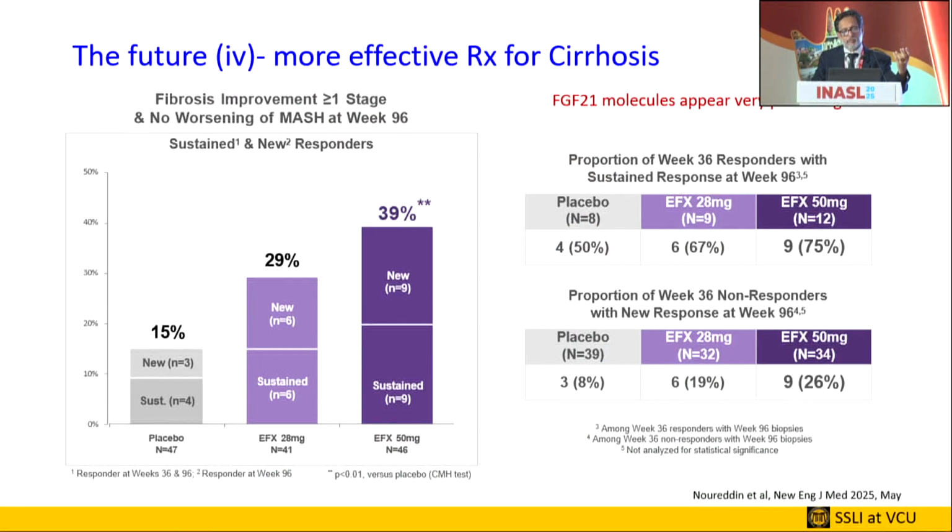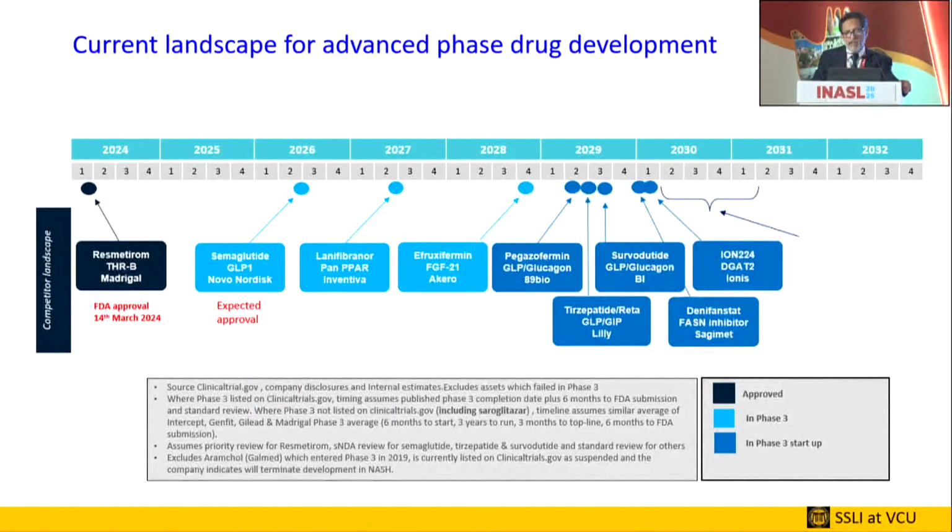We're on the verge of a breakthrough. These are the most recent data with efruxifermin, FGF21, and we'll talk about it a little bit more in this session later today, but you're seeing 39% fibrosis regression in the cirrhotic population. So that is pretty dang good for a drug in the NASH space to actually provide this kind of response. So this was published in New England Journal recently as well, and I believe is very exciting, moving into phase 3 again.